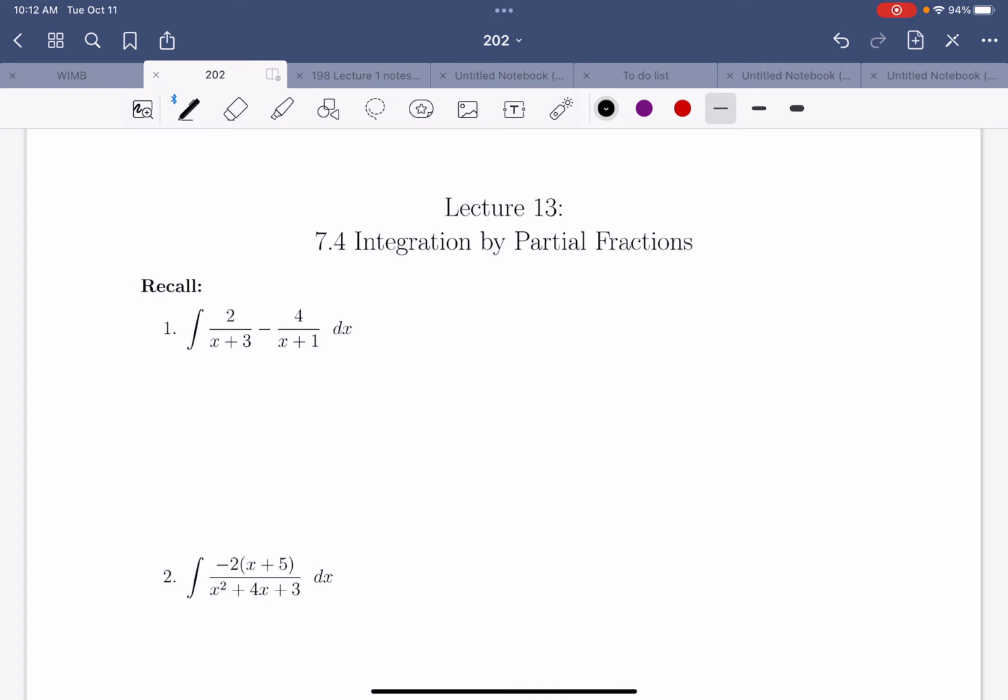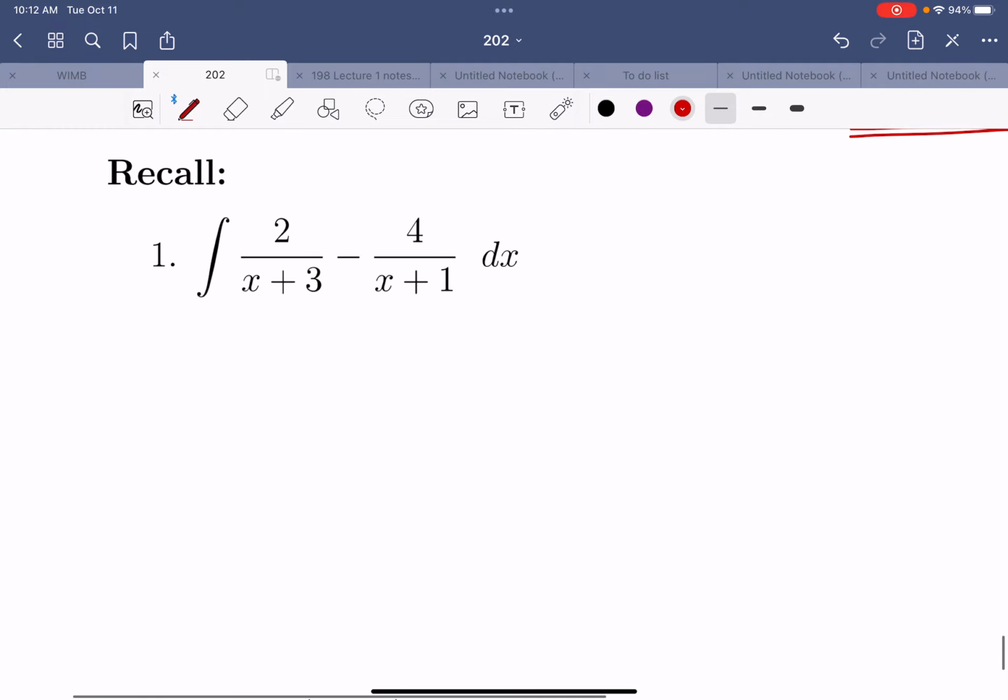So one of the things that we've noticed as we're trying to solve integrals is that when we have things in the denominator, it makes our integration harder, particularly when there are polynomials in the denominator. So we're going to be working on an idea called integration by partial fractions to help us with those situations. So for a couple of things I want you to recall